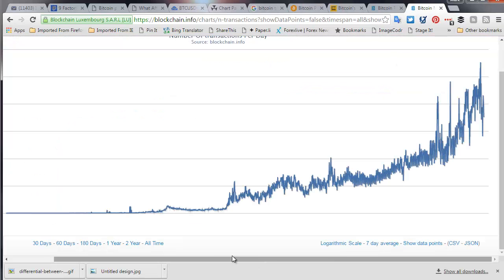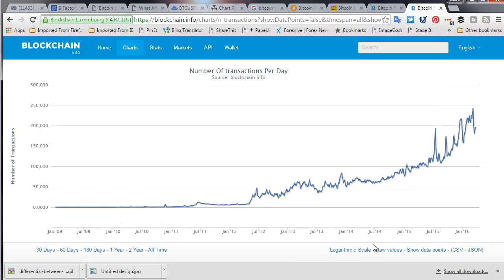So what we have here are the daily transactions from the beginning. As you can see, in the early days we're looking at 100 transactions a day, and now we're looking at 200,000 transactions a day. So what I'm going to do is take some of the noise out of the chart, and in the process of taking the noise out of the chart, I got my scale back. This is just doing a 7-day average, so there are just fewer data points on the chart.